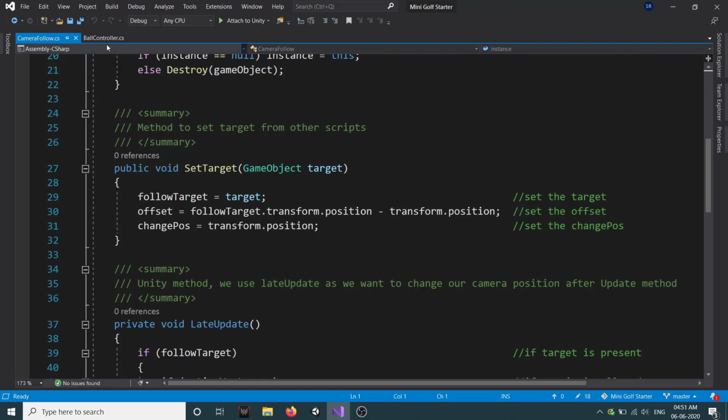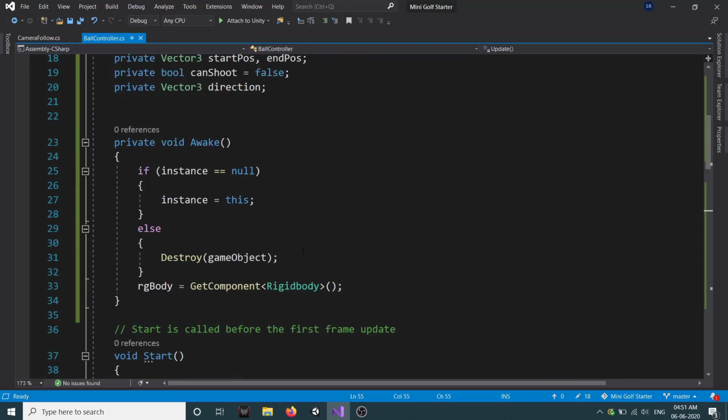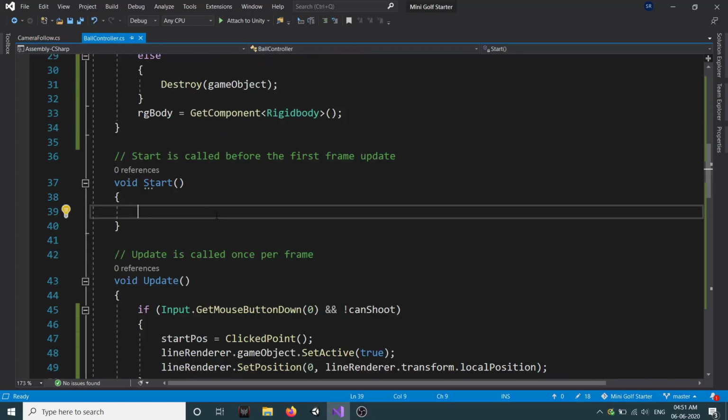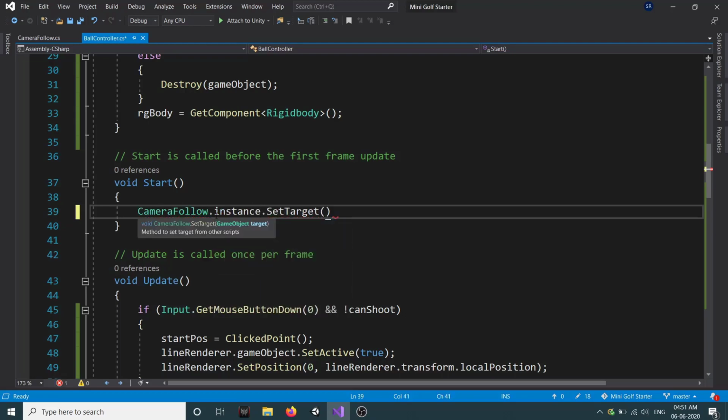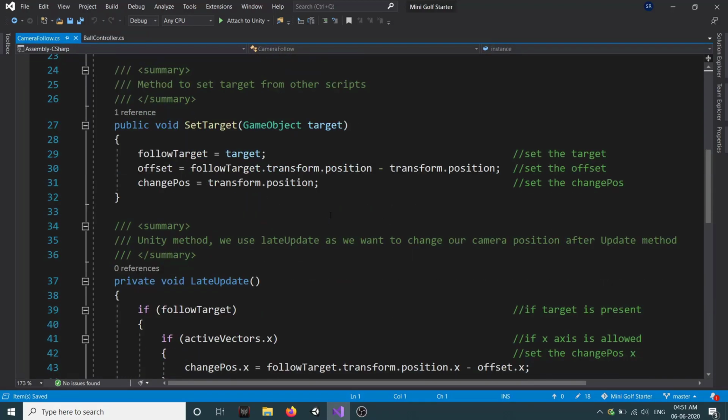So let's call this. We can go to our ball controller, and inside our start, let's set our camera dot instance dot set target, and we'll call this game object. Okay, so now we have set our target.